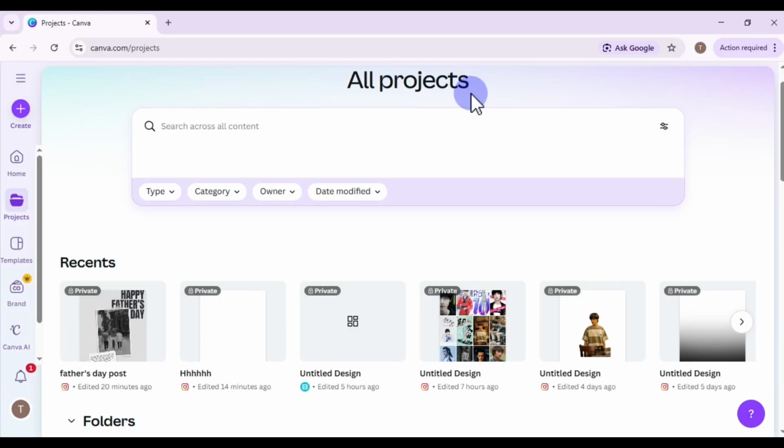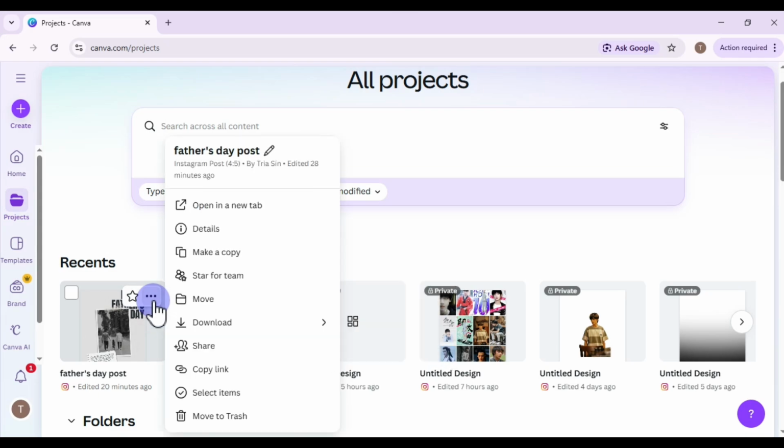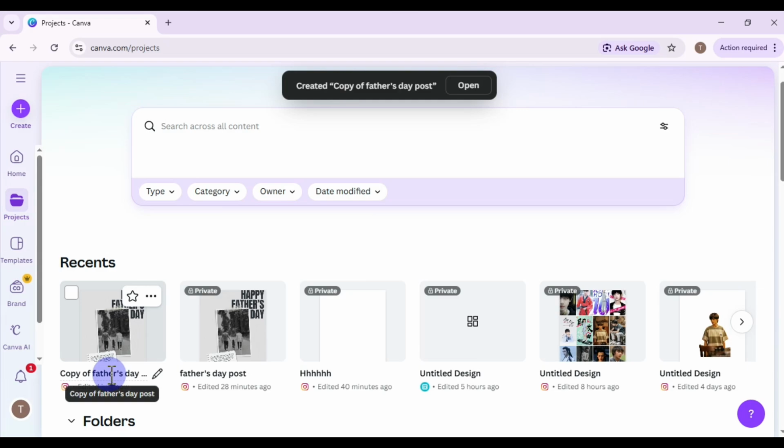In this week's tutorial, I will show you how to create and share a Canva template link. Perfect if you want to just click on the three dots icon, and then just make a copy, and then just rename one of them as the template